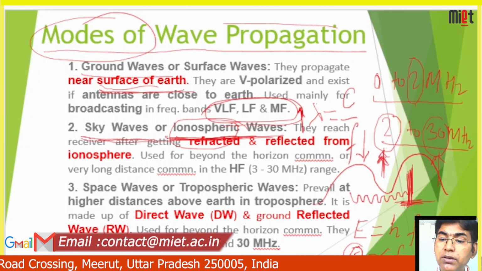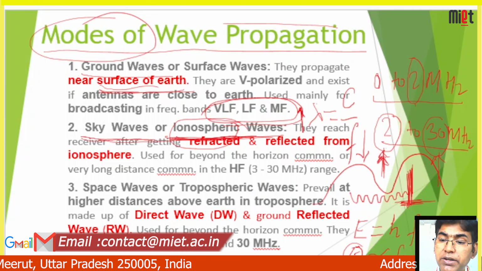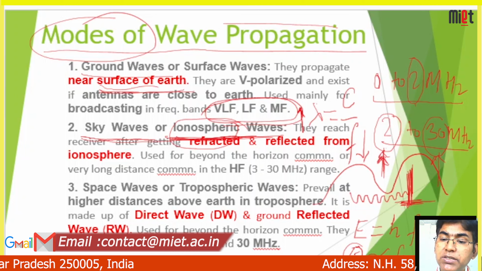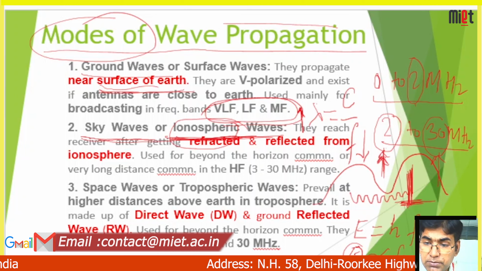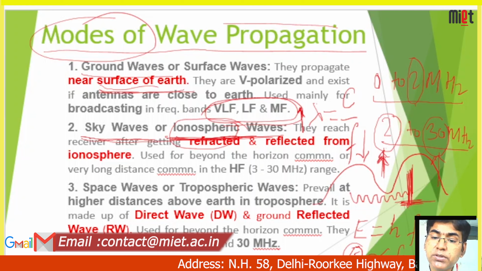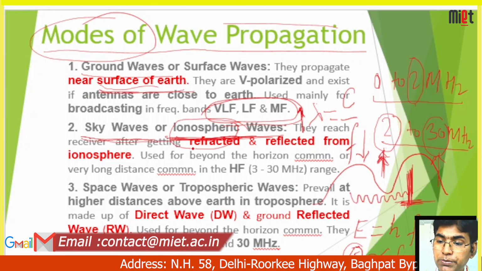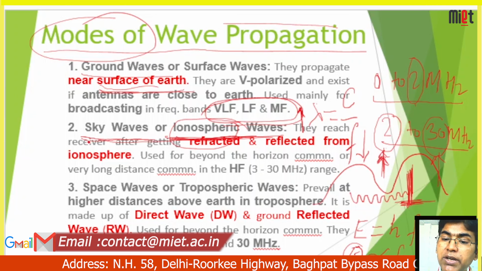Since the medium density is decreasing, the electromagnetic wave will travel in such a way that it refracts away from the normal, propagating from the surface of the earth and entering into the sky. Electromagnetic wave will always bend towards the earth. This bending is because of the rarer medium in the sky rather than on the surface of the earth. Due to refraction, electromagnetic waves refract away from the normal and bend in such a way that they reach the receiver. That kind of bending will be achieved through the gaseous layer of the sky